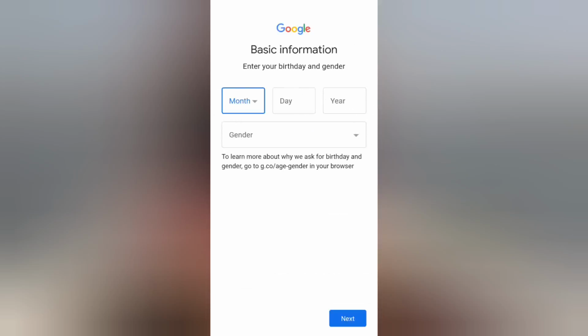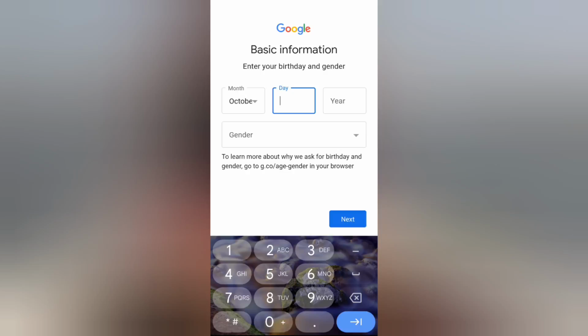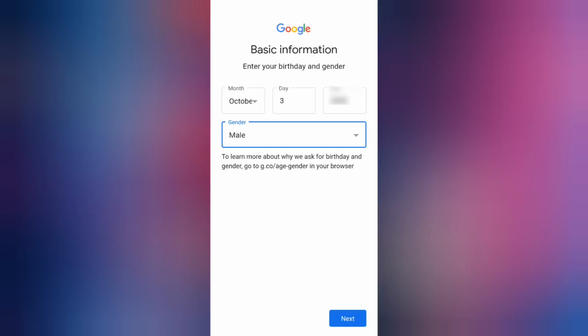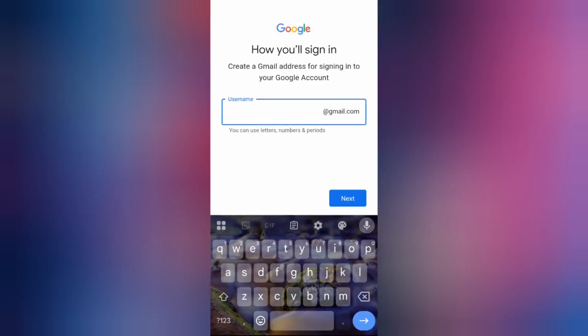And the moment you click on next, what you're meant to do is to select your birth date, or your birthday. Select the month, the day, and of course the year. Just type in the year right there, and then of course you select your gender and you click on next. Now this is going to bring you to this very page, which is where you type in the exact Gmail